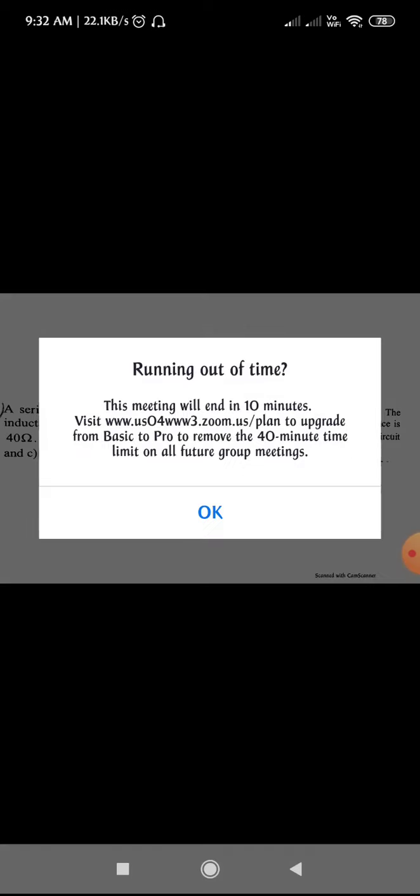So you have to calculate the value of f naught, that is the resonant frequency, first. The sub question A, you need to calculate f naught first. For second question B, you need to calculate the value of I. In the third case, C, you need to calculate the value of XL. So these three you need to calculate. Just go through the formula for the resonant frequency. What is the formula? Just go through the notes.